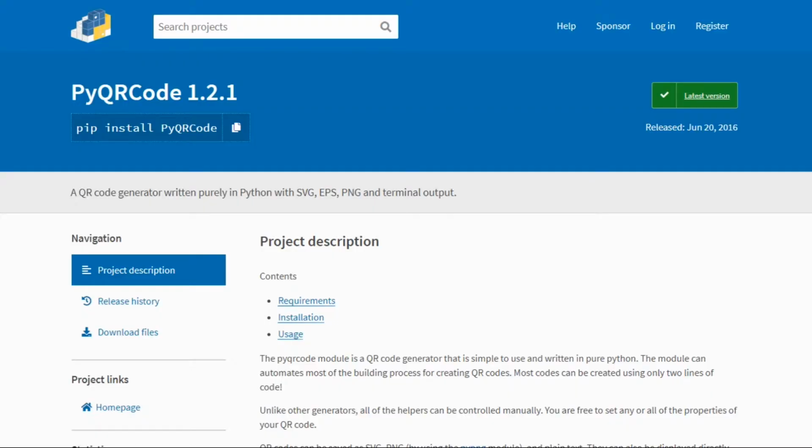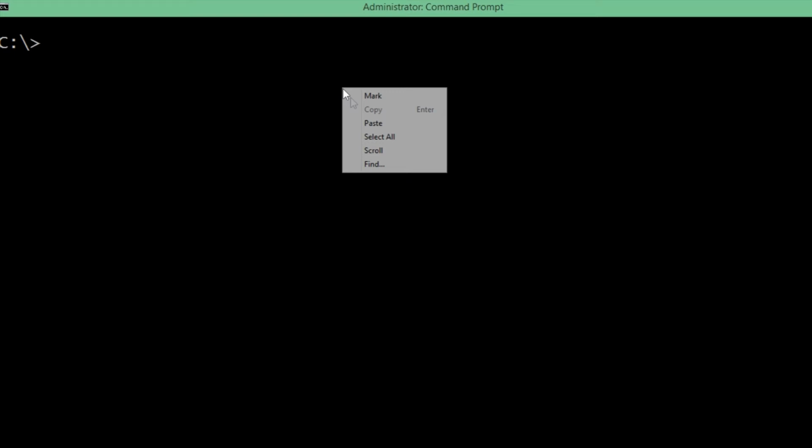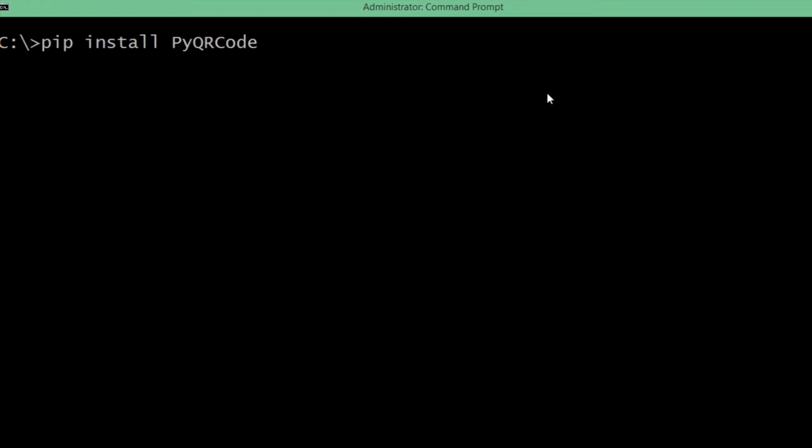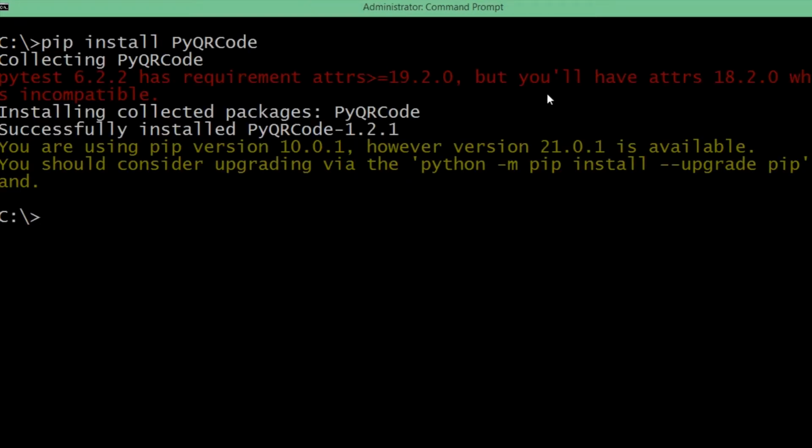Now before moving on to the QR code generation part, we have to install PyQRCode Python module. It is really simple to use this Python module to generate QR code based on our input data. So let's install this PyQRCode Python module. Let's copy the command pip install pyqrcode, go to your terminal and paste it in your desired environment. And hence PyQRCode is successfully installed.